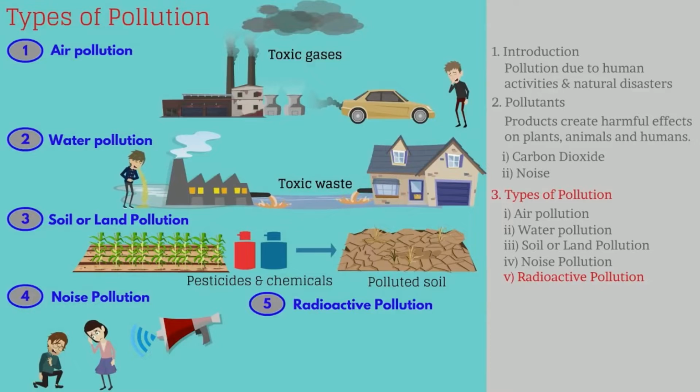As you can see in the picture, there are different types of pollutions. Air pollution happening from factories where toxic gases are released from chimneys, vehicles, and also natural disasters like volcanic eruptions. Water pollution happening due to sewage, drainage, factories where toxic waste is let into rivers, and also households. Soil or land pollution happening because of excessive use of fertilizers, pesticides, polluted soil because of garbage, litter, debris, and noise pollution happening because of some human activities,